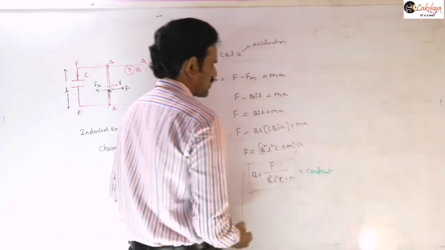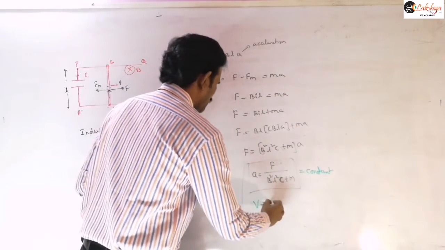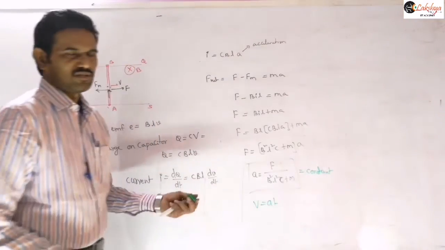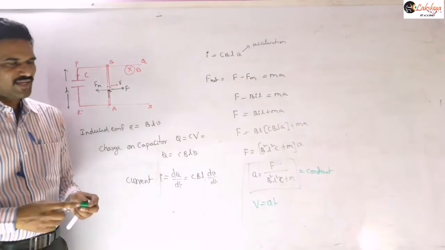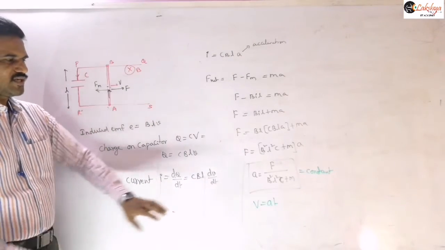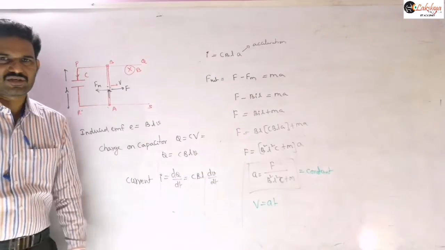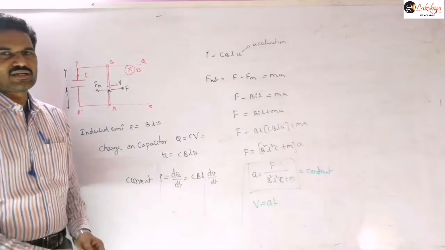When acceleration is constant, velocity as a function of time is simply you can write this as V is equal to U plus A t. So like that you can find this velocity as a function of time there. So in this generally they will ask about this acceleration of the rod here. The acceleration of the rod you can calculate like that.